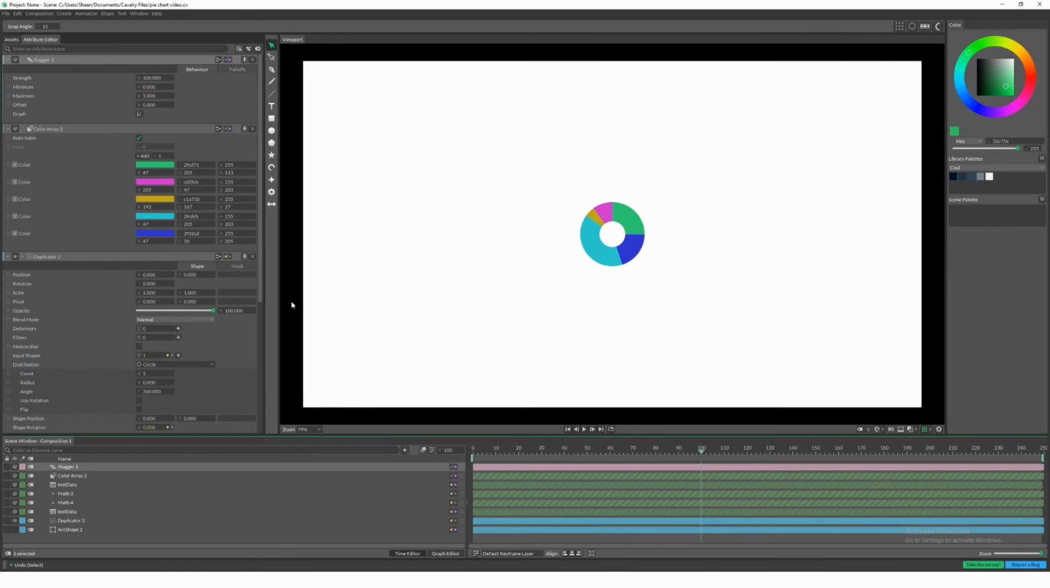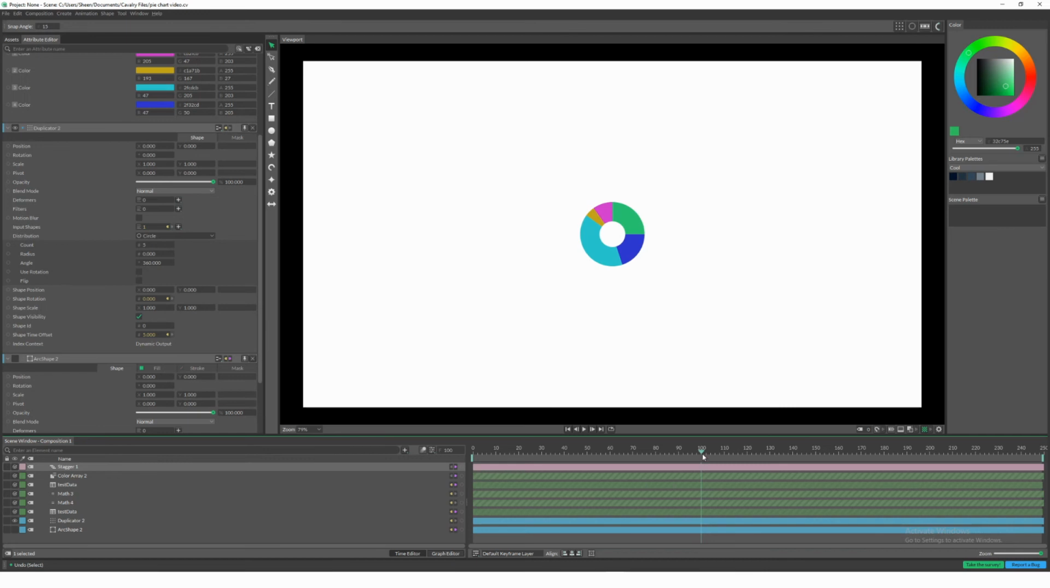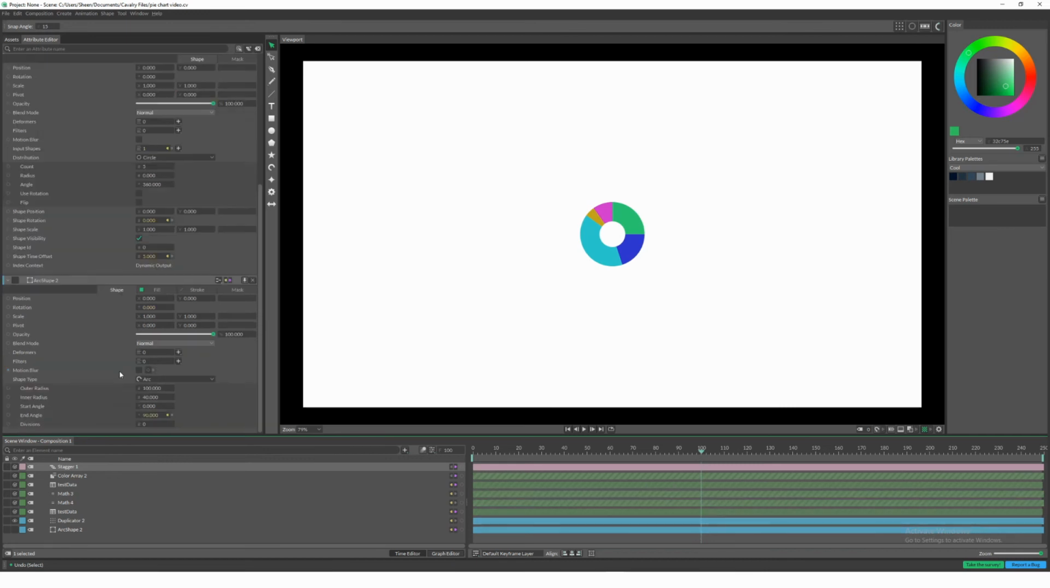Alright, now we will animate the pie chart in a similar fashion to how Cavalry did it on their website. First, we can set our ending keyframes to be our current position values. So we can move our scrubber to the end frame and animate both the outer radius and the inner radius. Then we can go to the beginning